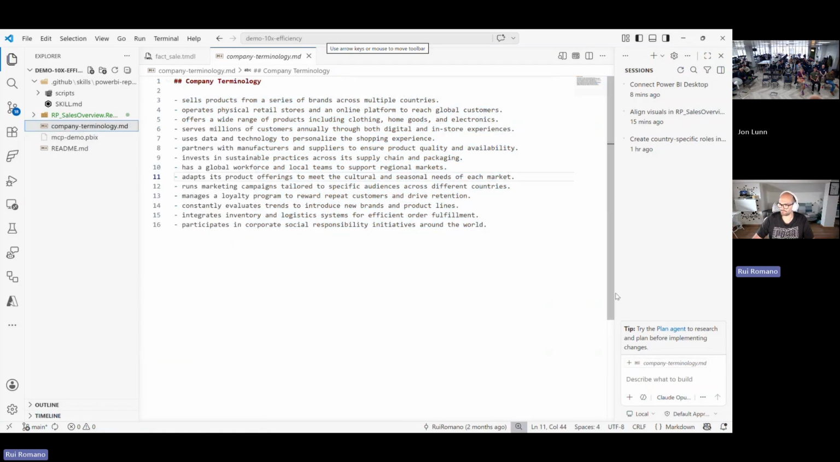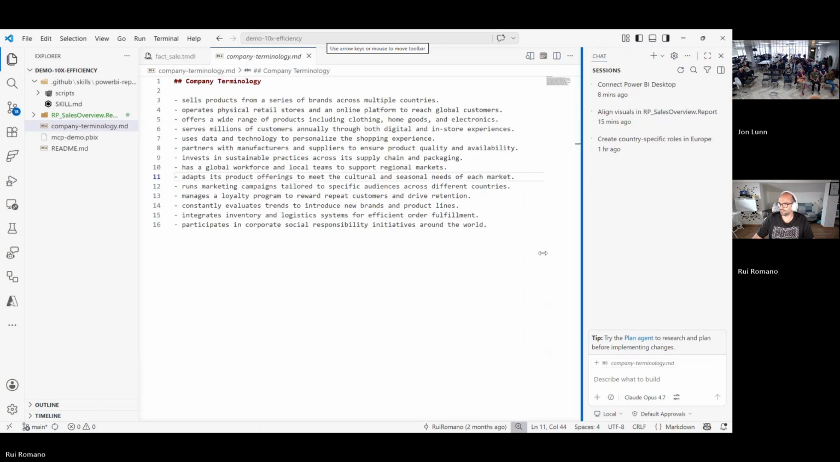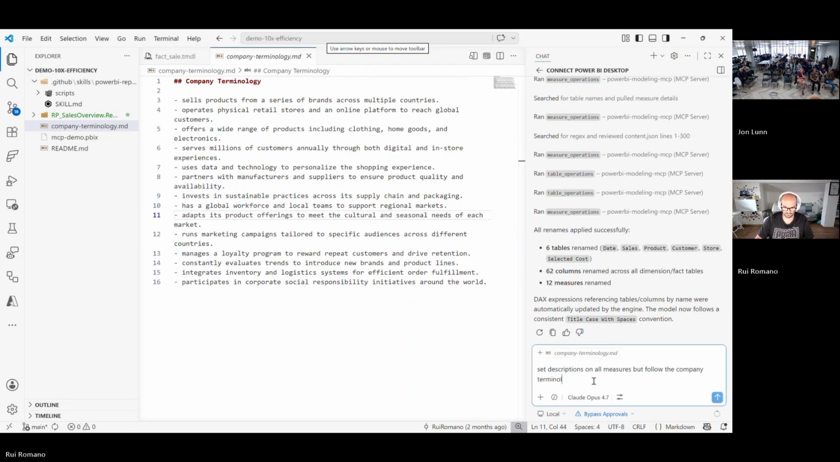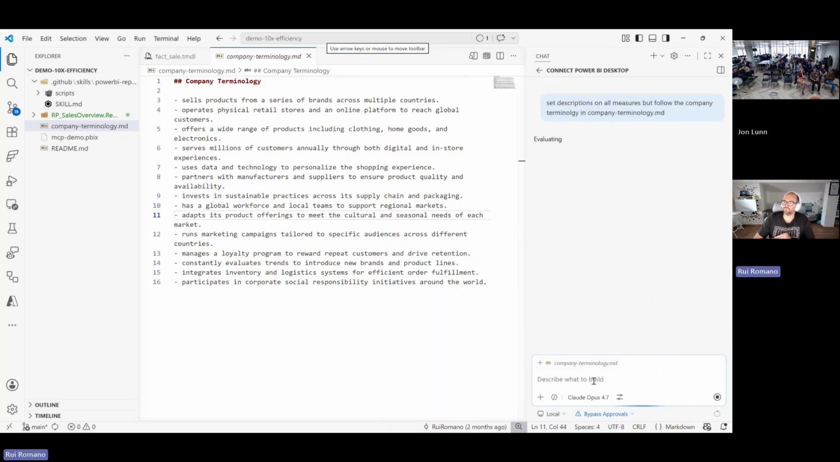go to Copilot, and we still have this connection, and we're going to say, okay, set descriptions on all measures, but follow the company terminology in this file. And what AI will do is, first, get the measures, use the MCP to set the measure descriptions, but it's also going to analyze this file, get it into the context, and write the description